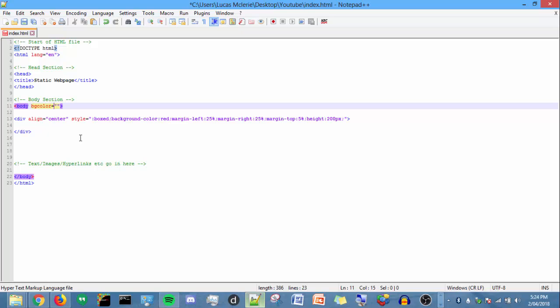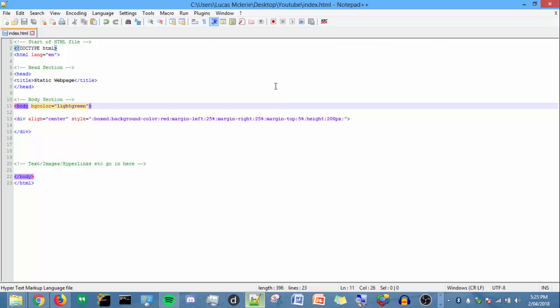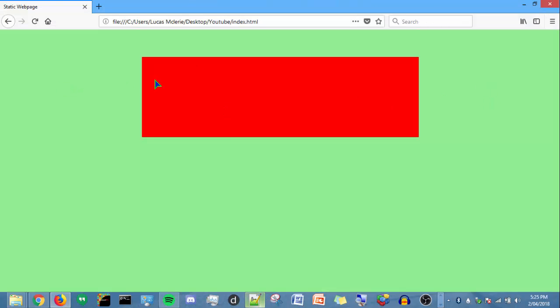But when you're actually writing the code for it, we cannot spell it the Australian way, because I don't know any other country that spells it with a U. So as long as we have COLOR, and then we can set it. I'm going to set it at light green. Light green is a default color for me because it's readable and you can see exactly what's going on. So with that in there, you can see that we've actually created our first static web page, even